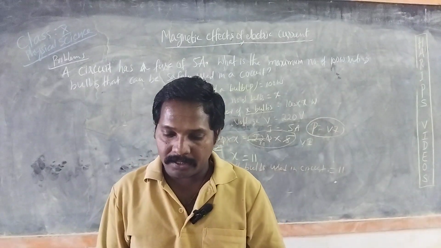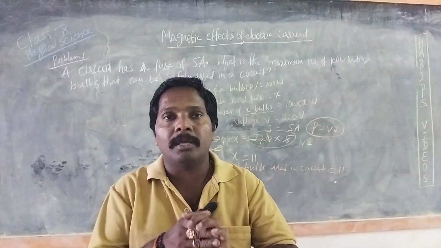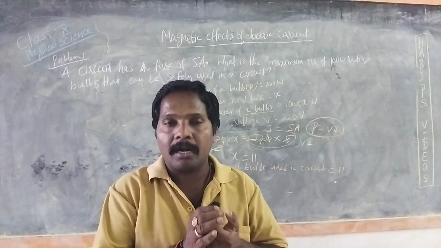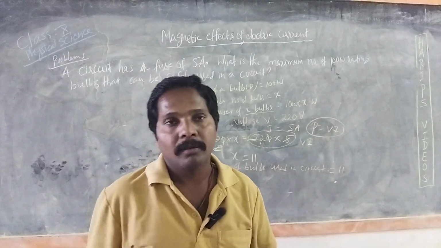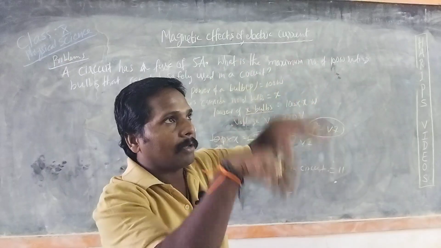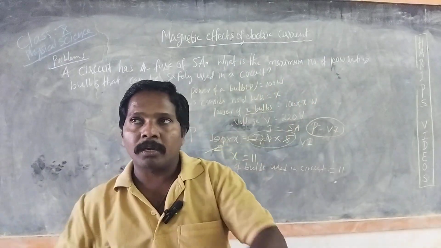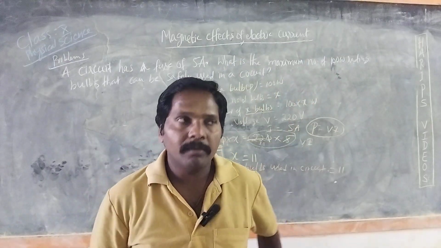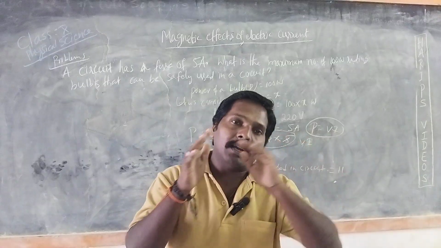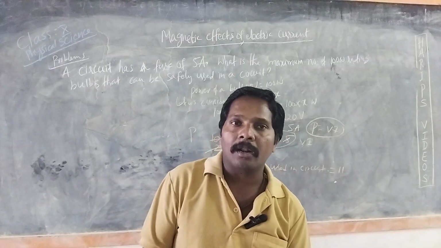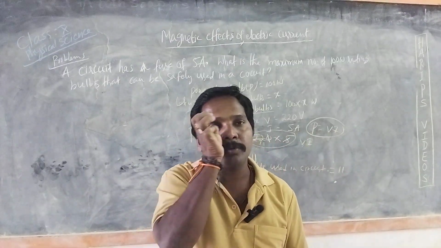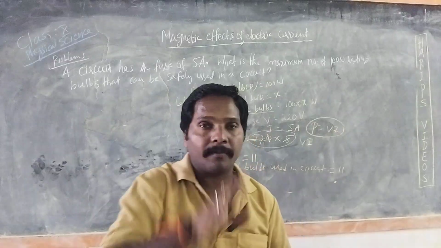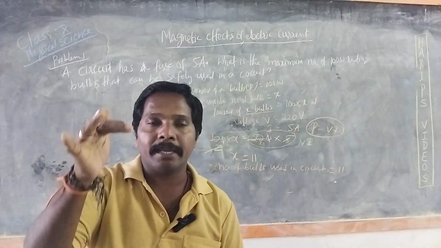Even when the earth connection is there, we should avoid touching the metal body of an electrical appliance when it is on. Don't think, okay, earthing wire is given so no electric shock will happen. Even if earthing is given, we should better not touch the metal sheets or metal case